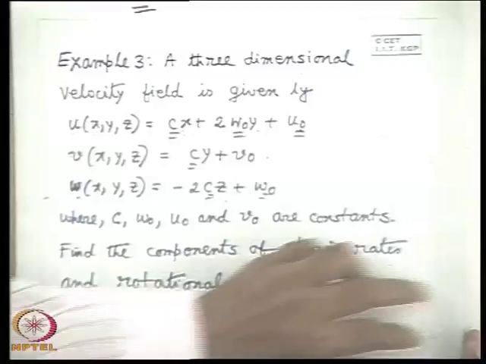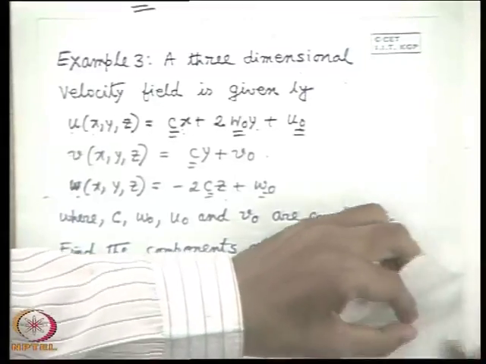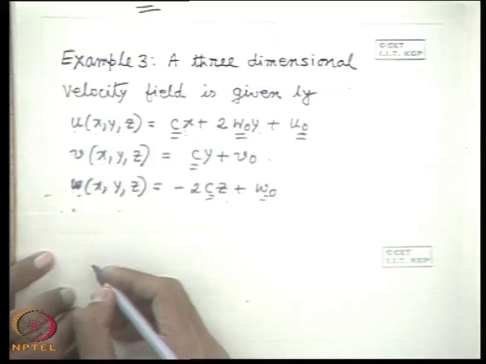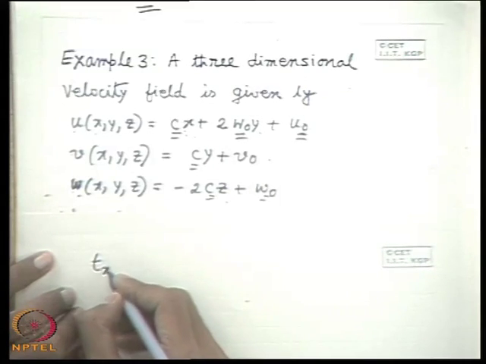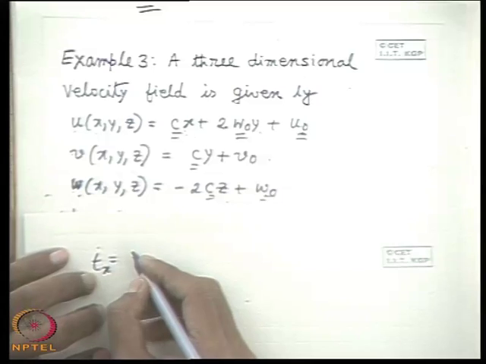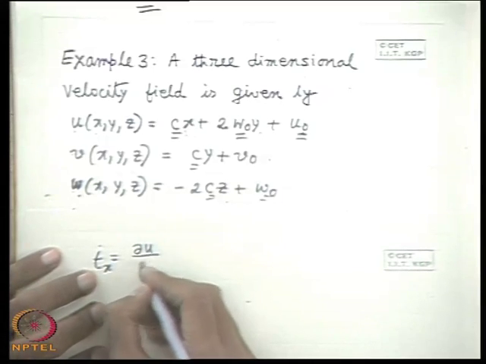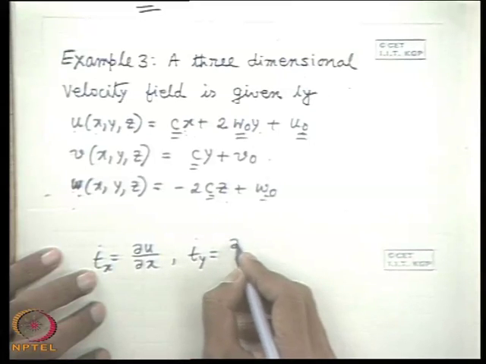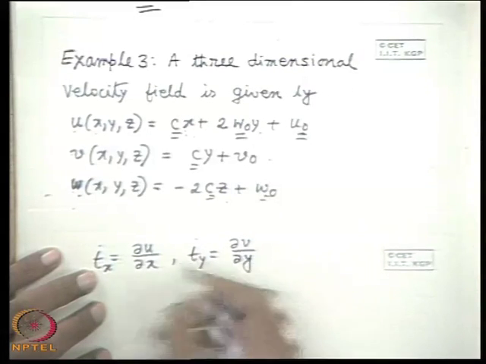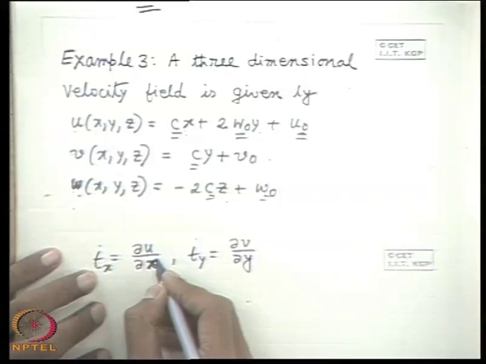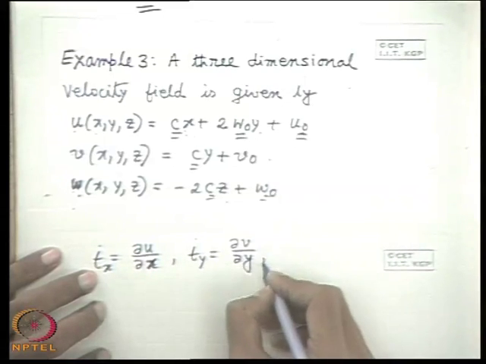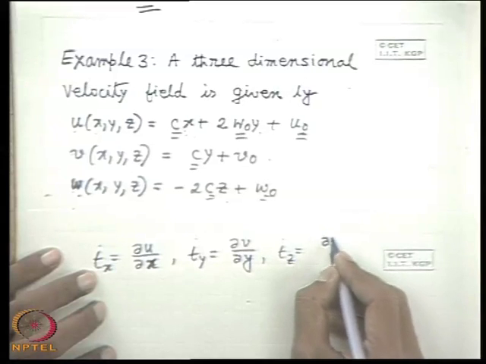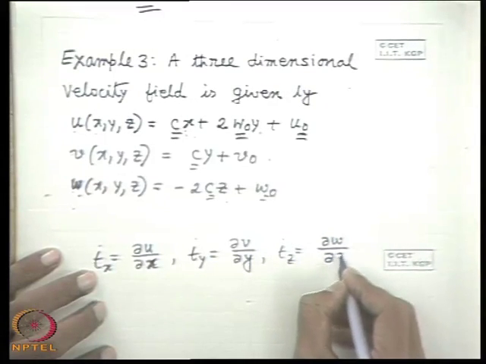It is again a straightforward application of fluid kinematics: how do you define the strain rates? Let the x coordinate strain rate be epsilon dot x, which is given by del u del x. Epsilon dot y, that means the rate of strain in the y direction, and so on: these are the gradients of the velocity components in that direction with respect to the space coordinates in that direction. So, it is very simple to remember. The strain rate in the z direction is the differential of the z component of velocity with z.